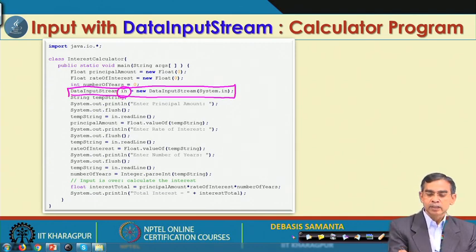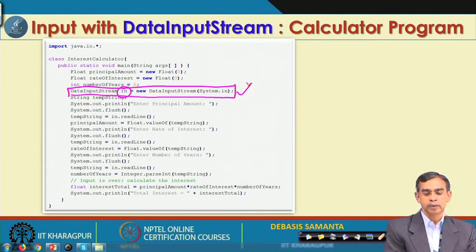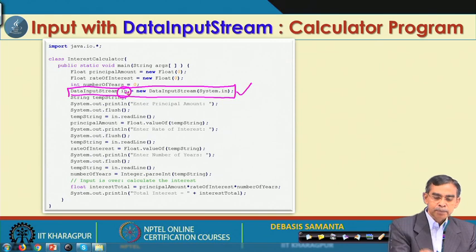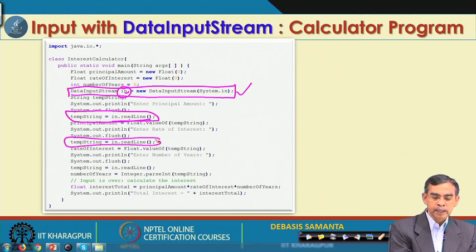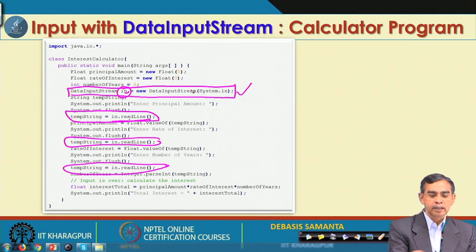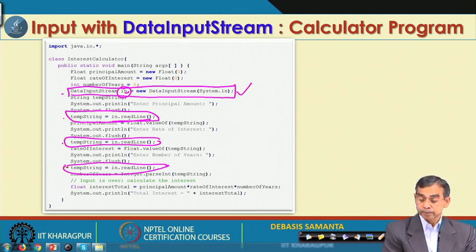Now, in that case, this statement should be covered under a try catch block. If there is a problem, subsequently there is also the possibility of a problem here, either a readLine problem from the object in, there is also readLine from the object in, and like this. So, 1, 2, 3, 4, these are the 4 points where we can see the exception occurs here, and also here.